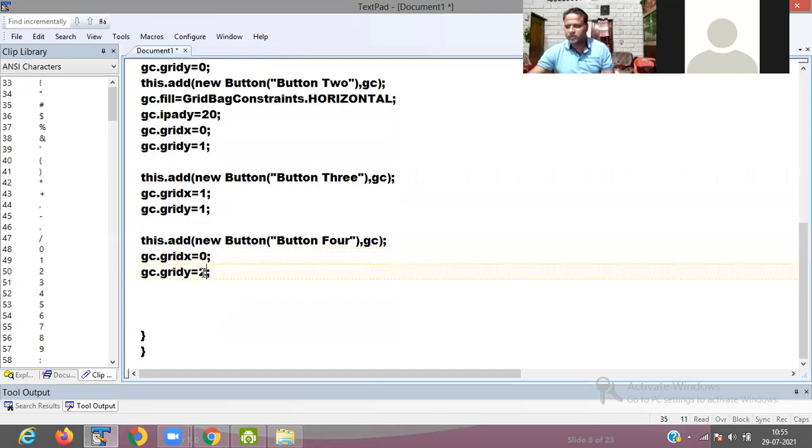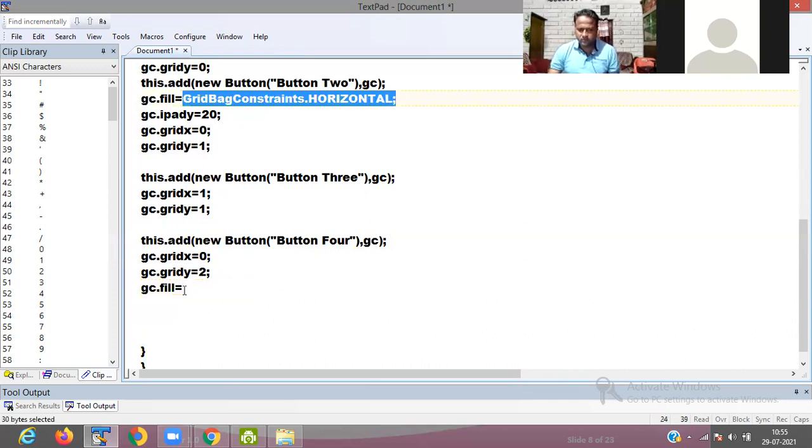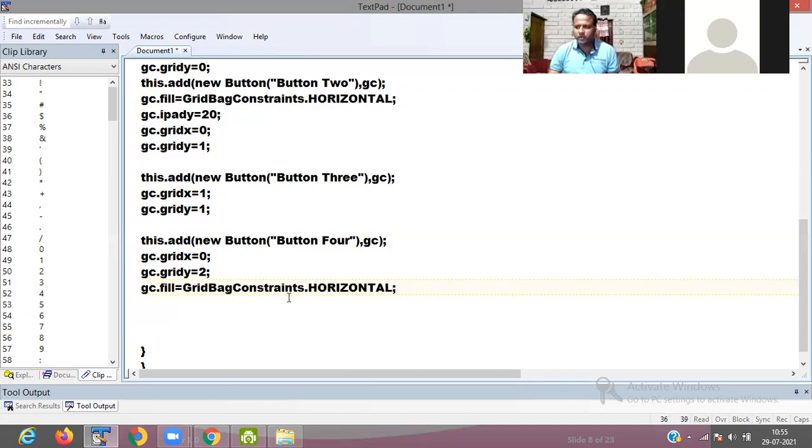Okay, then we are passing gc.fill equals GridBagConstraints.HORIZONTAL, this one, this is added into the horizontal. Then gc.gridwidth is 2.